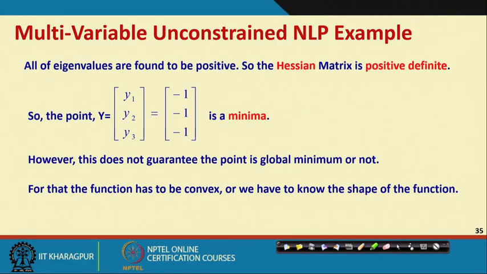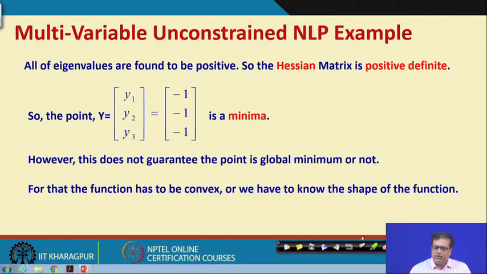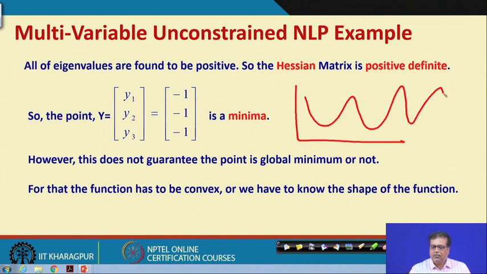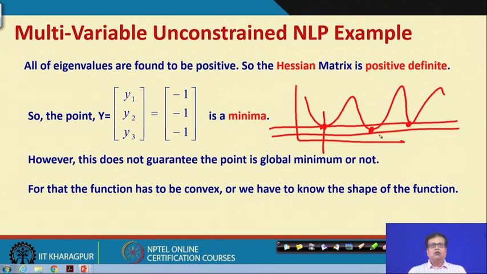So, you see sometimes if the nature of the plot is of this type, suppose we found this point, obviously it is a minima, but look here, there are other minimas as well, and if you look at this, then this point is having a lower value. So, this minima could be a local minima and may not be a global minima, right. So, that has to be remembered.